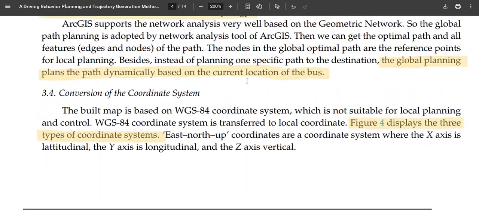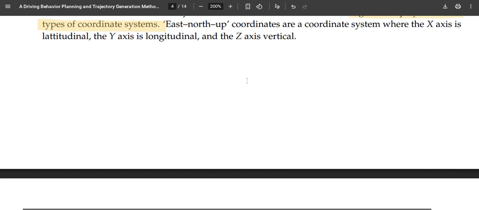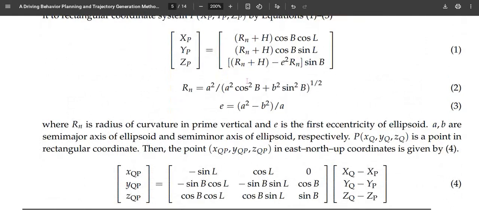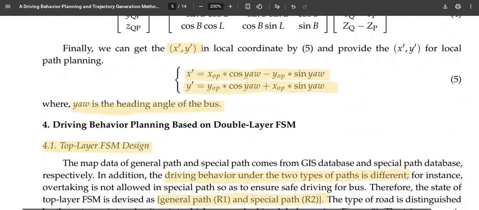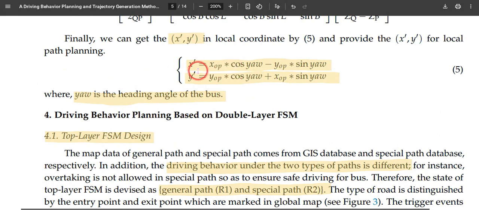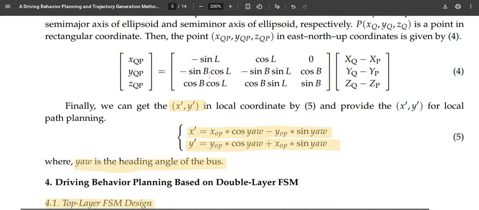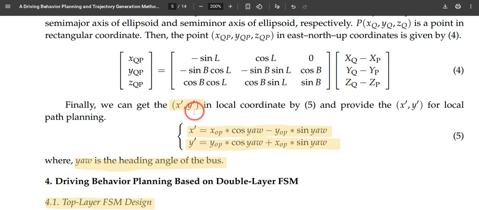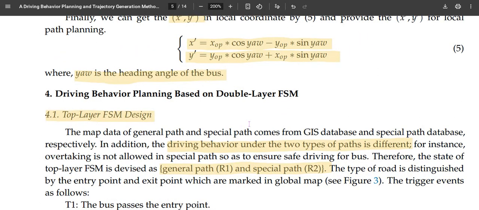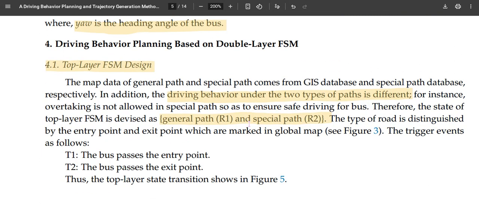So these are the things. These world coordinates can be converted to local coordinates for the local trajectory generations. That's what they have given mention in these descriptions. And this is the transformation from the global coordinates to the local coordinates. Even for the opponent vehicles, they will be converting into this, and we will see whether the opponent vehicles are within that zone, and within the zone, that corresponding finite state layer will be invoked for the